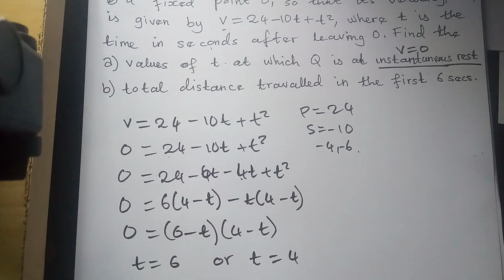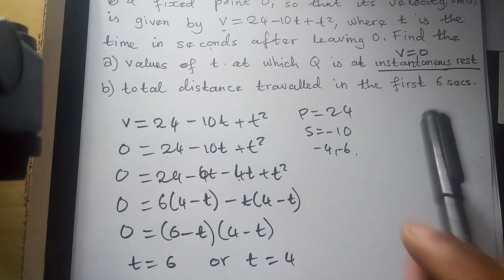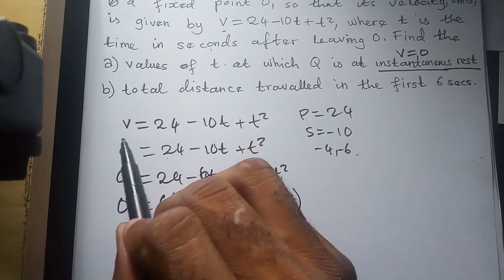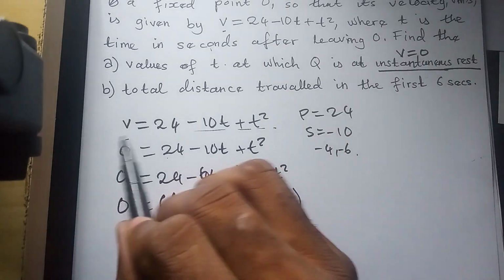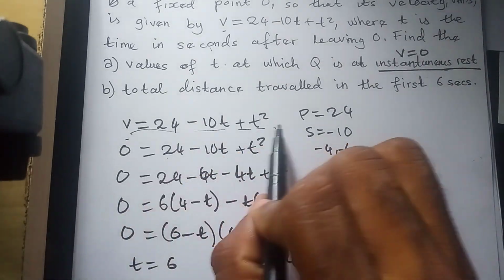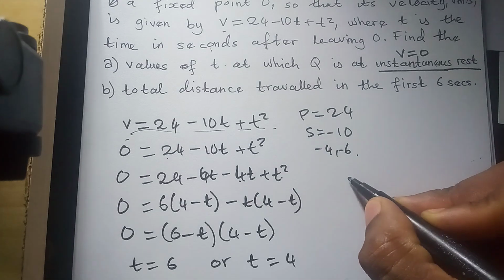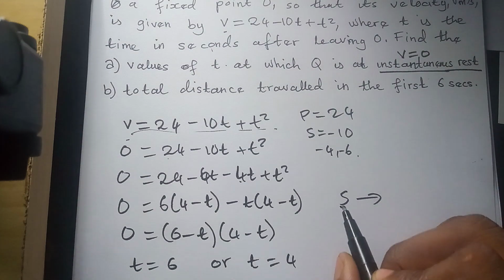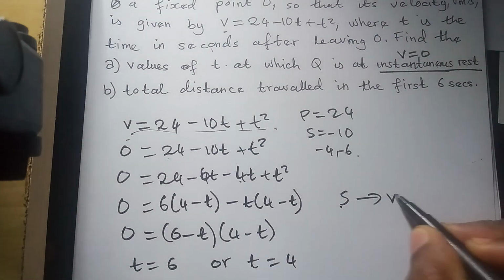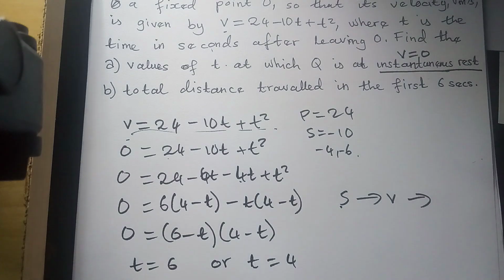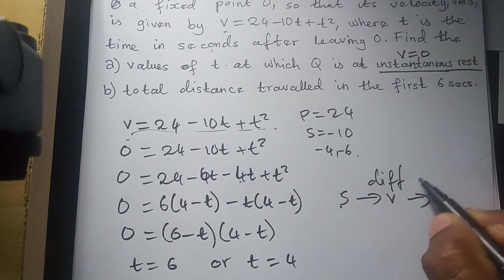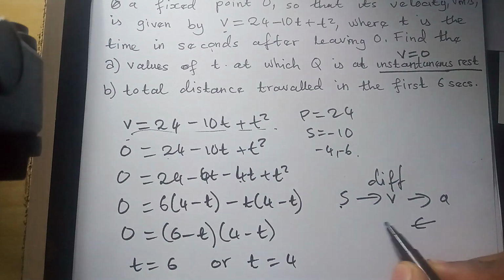Part B, the total distance traveled in the first 6 seconds. To find the total distance traveled, you already have the velocity function. Remember the order: once you integrate this, you have distance. When you differentiate distance, you have velocity. When you differentiate velocity, you have acceleration. So this is differentiation, and to move backwards,